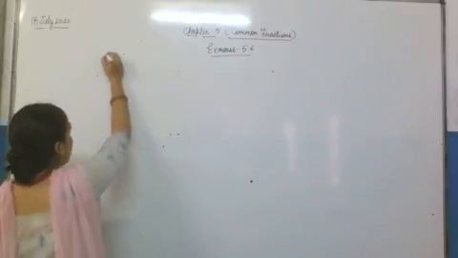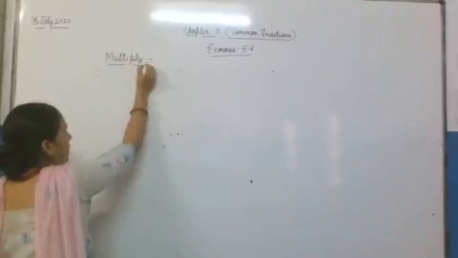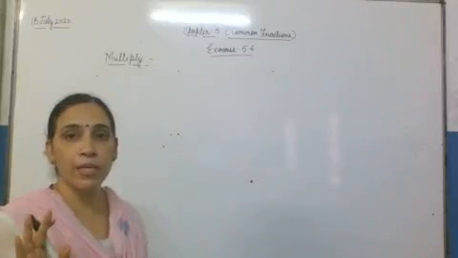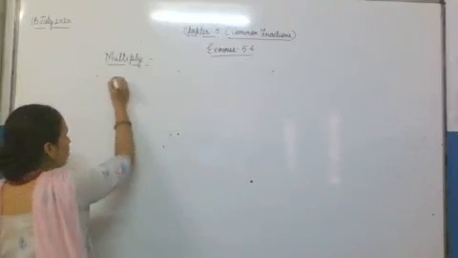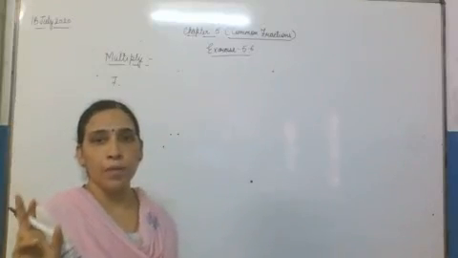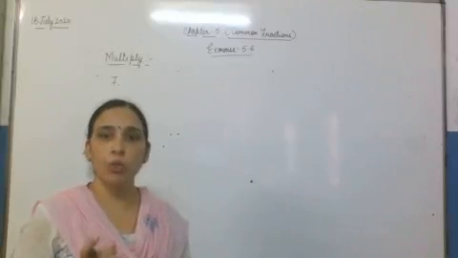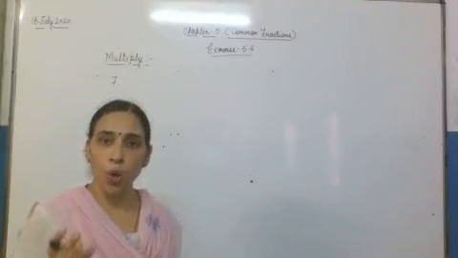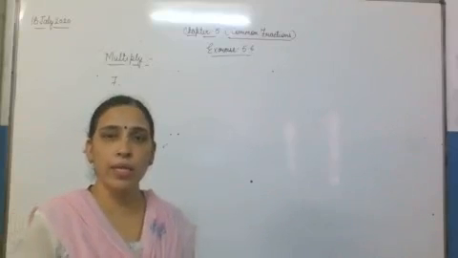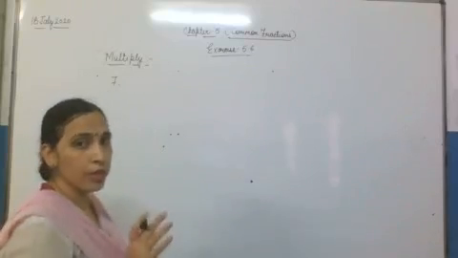Question number 7. Now these questions are related to multiplication, so we'll write only one heading and below this heading we'll do all the questions. 1 to 6 we completed yesterday. Today we will start with question number 7, which is the product of a proper fraction by a whole number. Now what is a proper fraction? Proper fractions are those fractions which have a smaller numerator than denominator. Means the numerator will be smaller than the denominator. That is called a proper fraction. So now we'll do this question number 7.